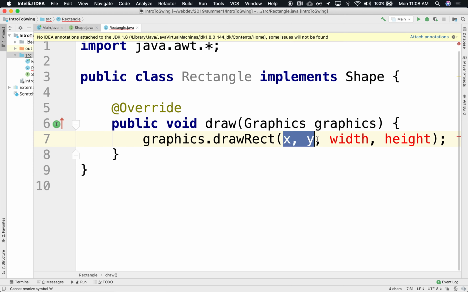X and Y seem to be something that could be grouped into something much higher level, like a 2D point. Maybe that would be a better way to model that. So let's do that. Let's keep track of some public final